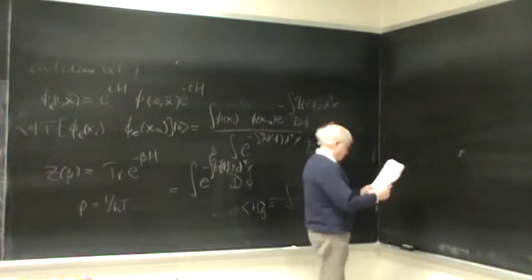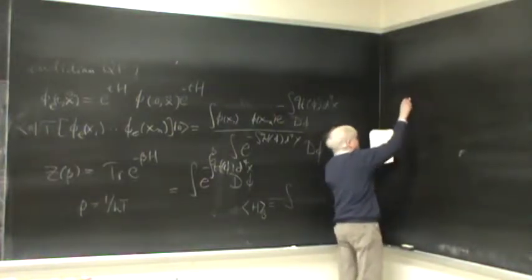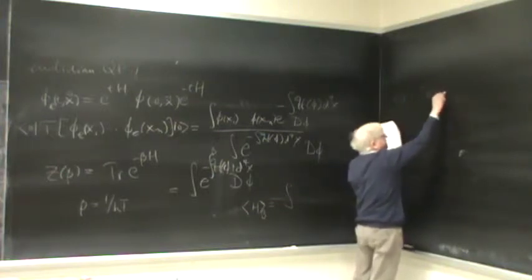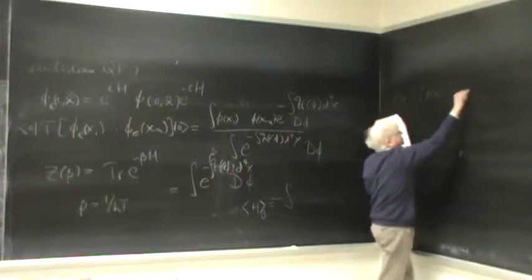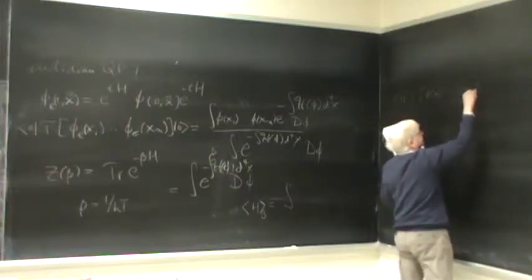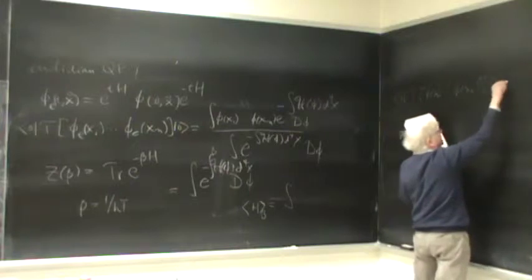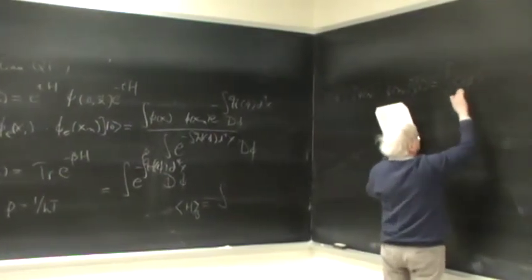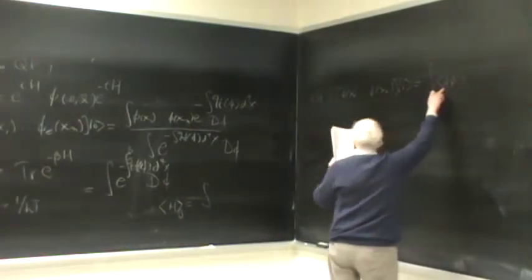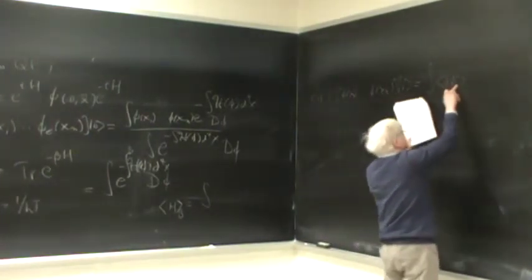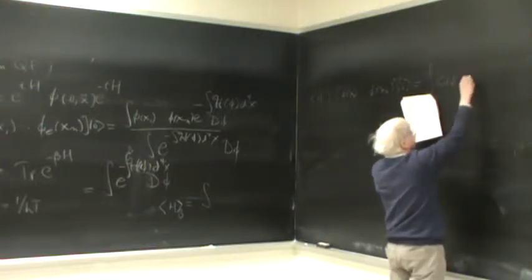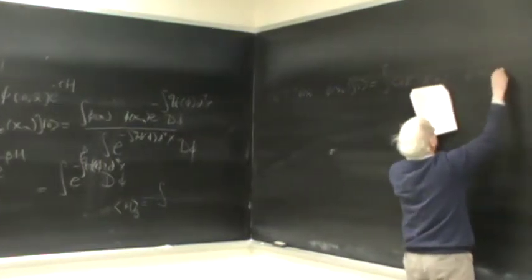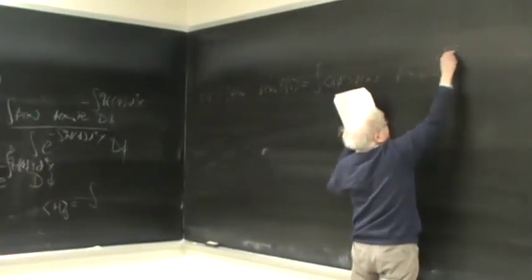Well, I'll give you the final relation. The time-ordered product of ordinary fields in real time, x1 up to xn, is... so this is the ground state of the theory, and this is an eigenstate of the field operator. And then we have phi of x1, phi of xn, e to the i action,